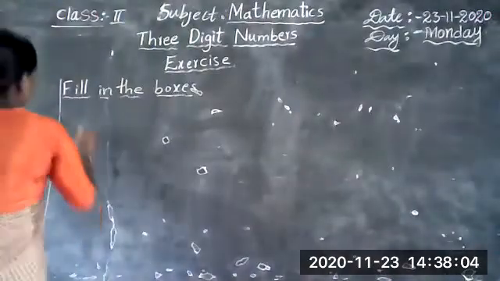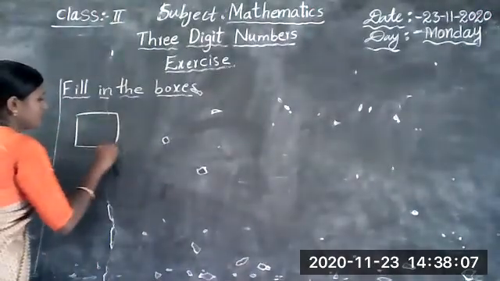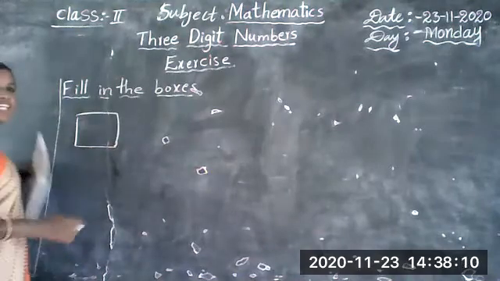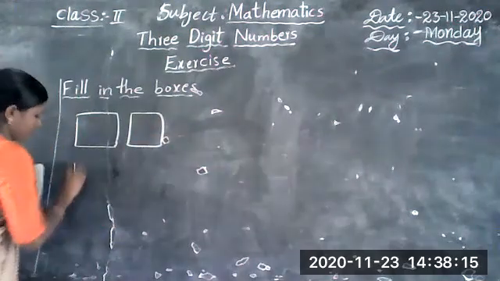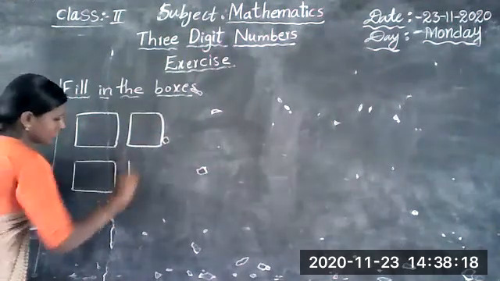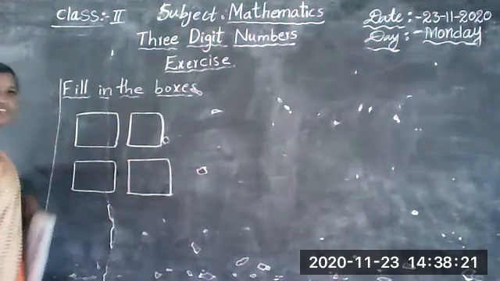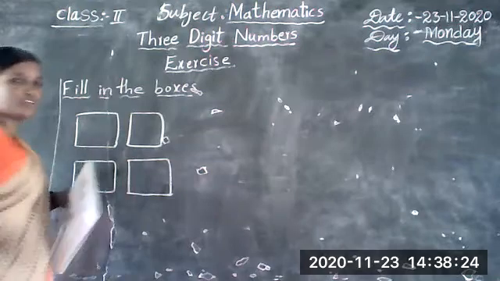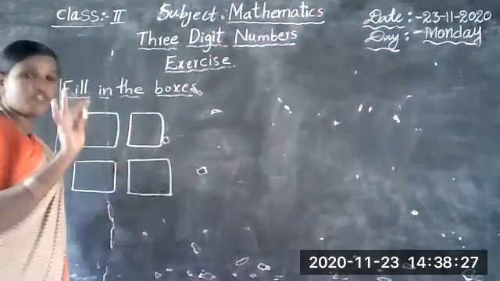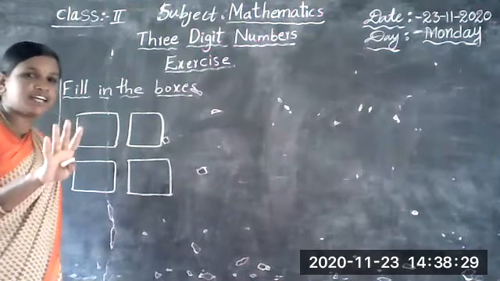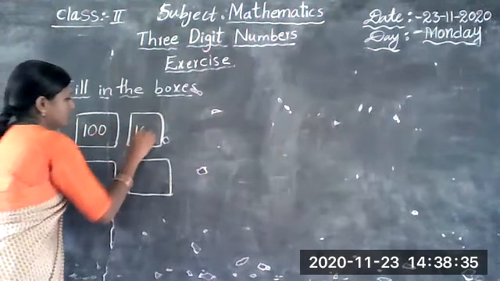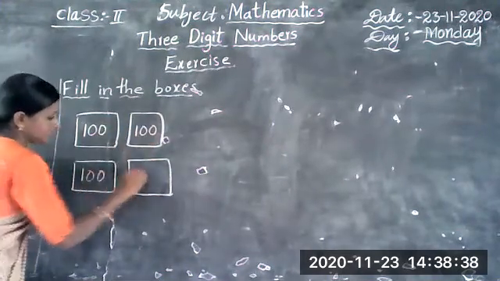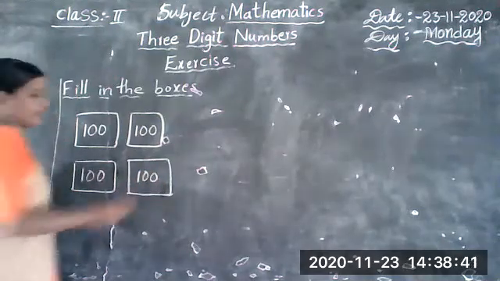Now I am going to write on the board. See here. One card. Show me with your fingers how many cards are there in the hundreds place. Very good. 4 cards are there. How many cards are there, children? 4 cards. Now, each card has how many holes? Each card has 100 holes. 100, 100, 100, 100. Yes or no?